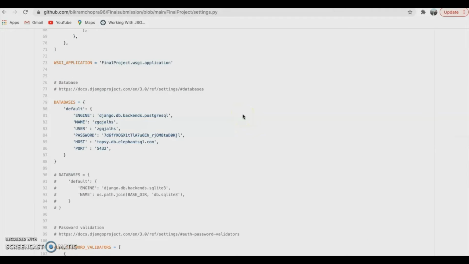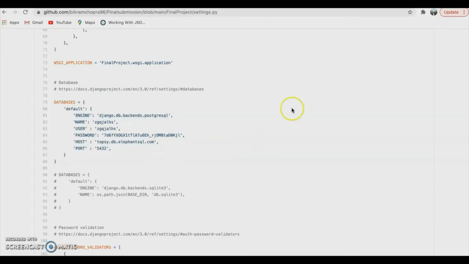So if we see the settings.py, here we have specified the database that we are using. We are not using the default SQLite database of Django because it is very light in consuming the data, so it can get locked if we run some kind of real-time data in those cases. That is the reason we have used an external database, which is Elephant SQL. By default, it has a PostgreSQL service. So we have stored our database there.